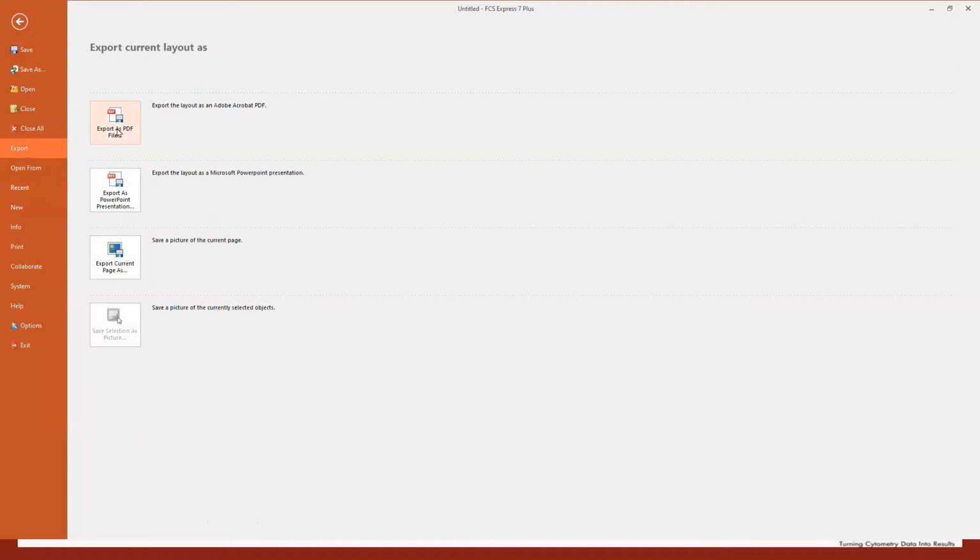If you want, you can export your FCS Express layout directly to PDF, or to PowerPoint as a high-resolution picture. You don't need to do a single copy and paste. Copy and paste to PowerPoint is something that people do a lot if they do not have FCS Express, and it's really time consuming, it's annoying. In this case, you can do all you want in FCS Express, and at the very end, with a simple click, you can export to PowerPoint directly. Then,